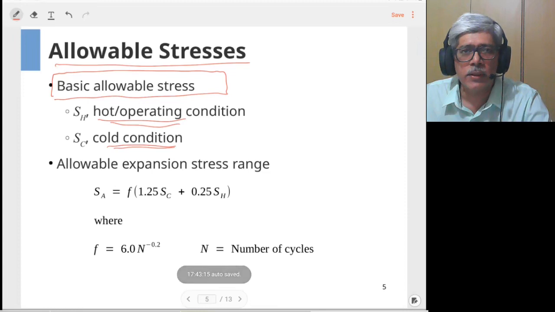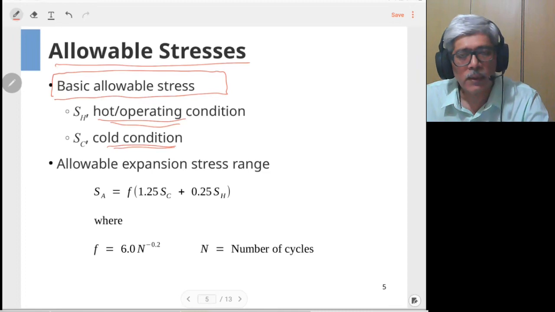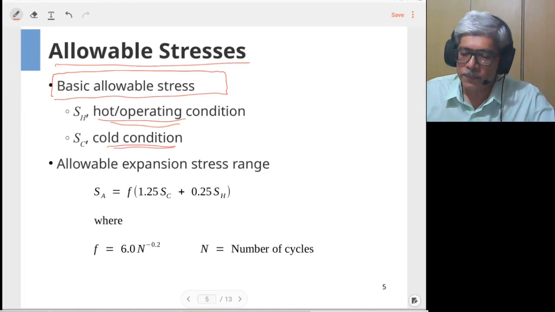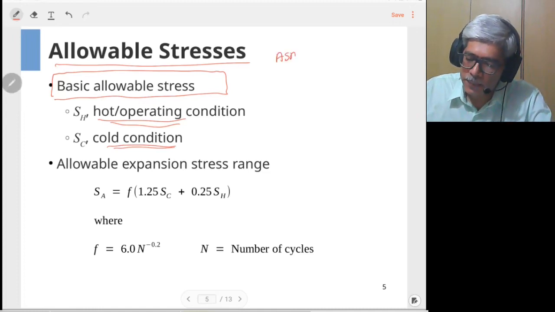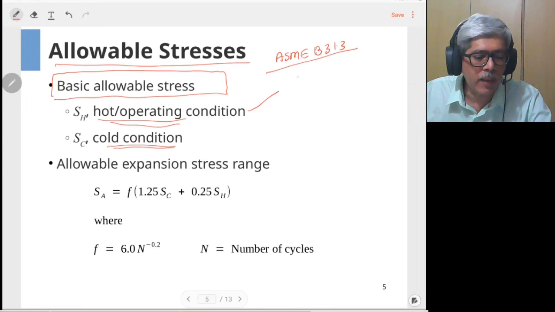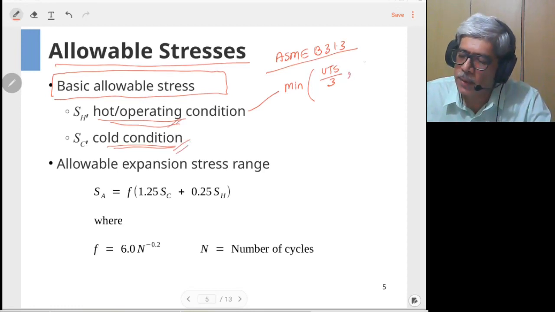These allowable stresses are based on the material properties and certain factor of safety. So typically if you take the allowable stress as per ASME B31.3 as the design code, then you will find that both these stresses would be calculated as the minimum of the ultimate tensile strength divided by 3. So this ultimate tensile strength may be at cold condition or at the hot condition. 2/3 of the yield strength